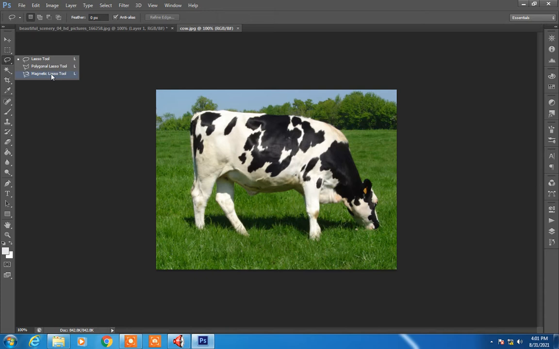It is a freehand selection tool. Okay, so just click on this and start selecting the object. So click and then just move your cursor. Automatically, depending on the color variations, it will go on selecting your object.